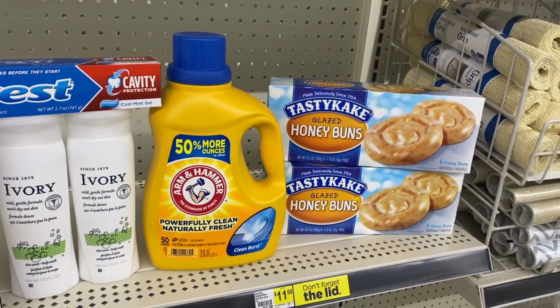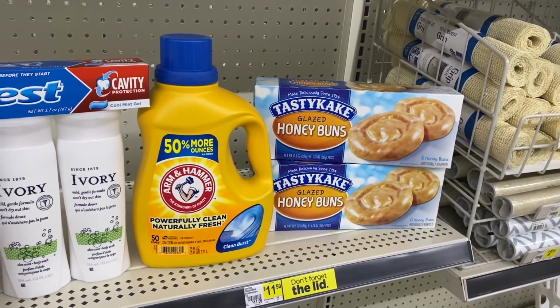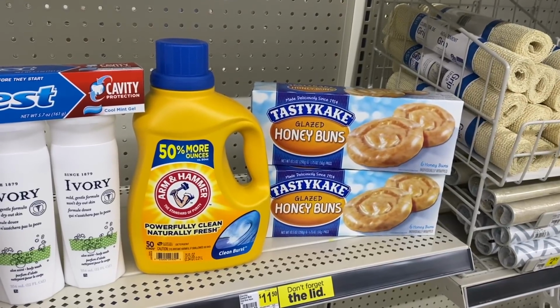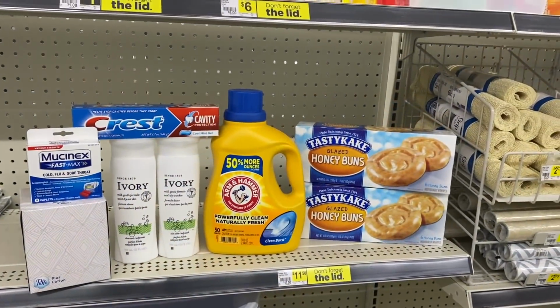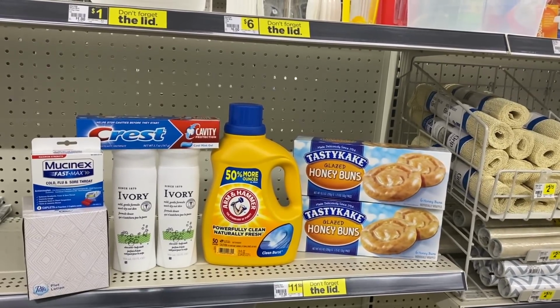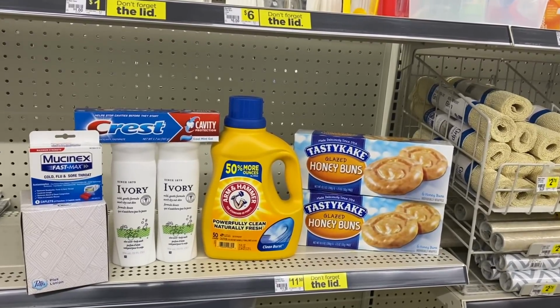And then I have 2 of the Tasty Cakes. We do not have a coupon today, but we're going to redeem back on Ibotta for $2 for both of those. So at the register today, we are going to pay $7.80, but we should get $2 in cash back with